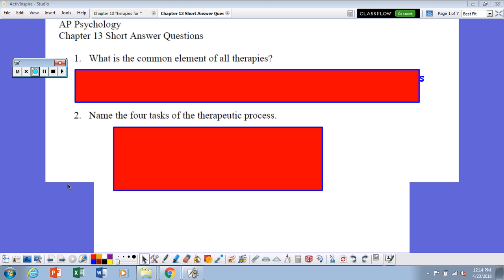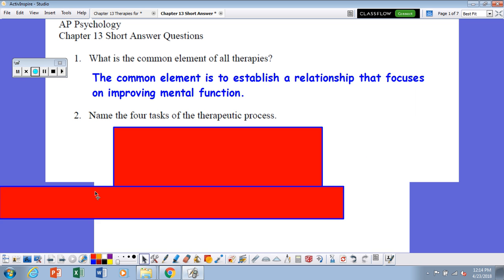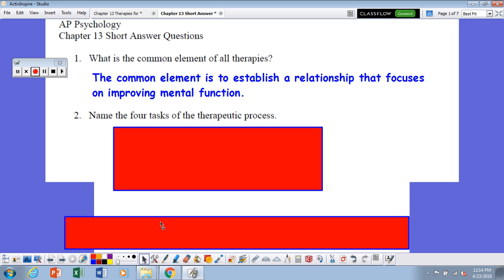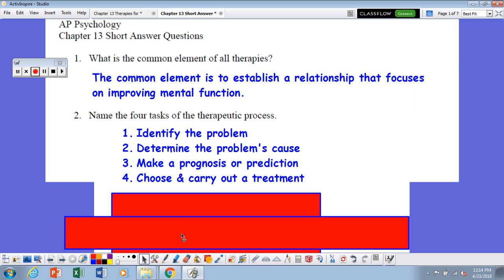Question number 1. What is the common element of all therapies? Well, the common element is to establish a relationship that focuses on improving mental function. Number 2, name the 4 tasks of the therapeutic process. That is to identify the problem, determine the problem's cause, make a prognosis or prediction, and to choose and carry